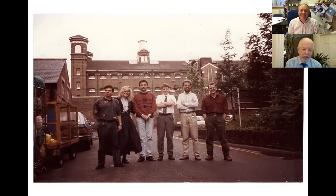Well, I have to say that when I took the decision to join Robert's lab, I had an interview in his office, which was in a perfectly normal building, which is just beyond and closer to Wormwood Scrubs from the picture you can see there. It's just to the right of the picture, isn't it, from there? Left, I think. Left, I think. Right. But